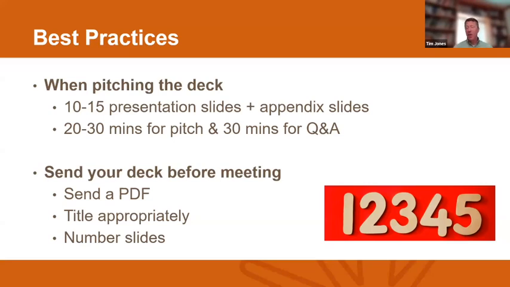Think about how much time you're going to have when you're talking to them, and structure the content appropriately so you get through everything you need to. One suggestion: if there are things you get asked frequently, put them later in your slide deck, maybe as backup slides. If you have extra time during the pitch, you can call those up and say, I always seem to get these questions, so let me touch on that.